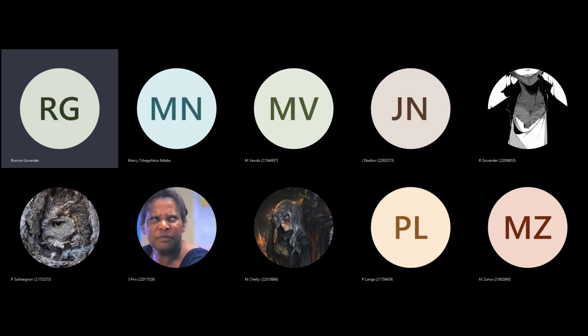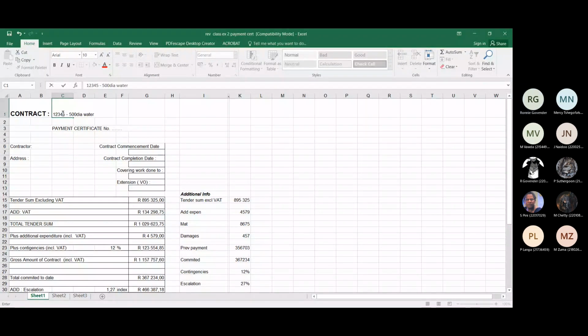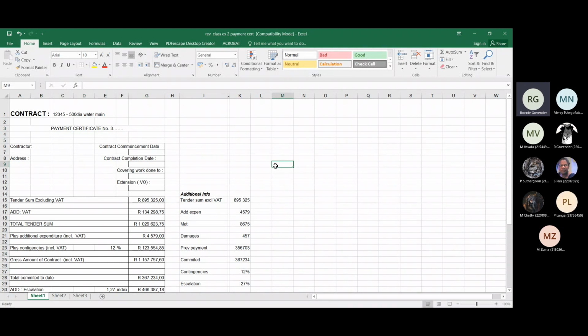Diameter water main, let's say. Main. I'm not going to give more description. Payment certificate number, let's just say this is number 3. Because normally what happens is, when we did our claims, we said you got claim 1, claim 2, claim 3, and so on. So this is now basically your third claim that you send through, and now the client